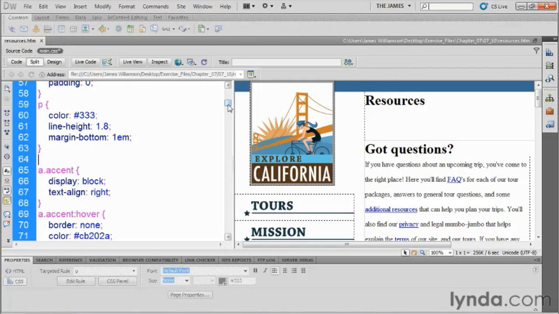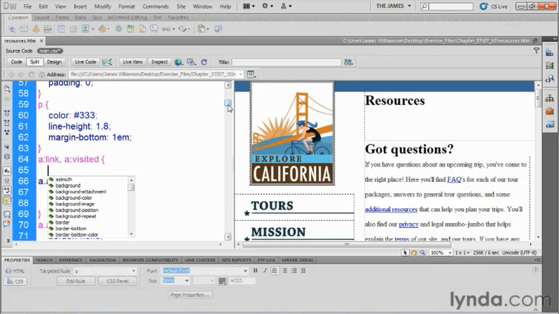So right underneath your paragraph rule, I want you to type in A colon, so no space here, just A and a colon, and then the word link. Then comma, A colon visited. Now, what are we doing there? Well, we're making sure that our active links and our visited links look exactly the same. Normally with a link, if you click on it and you go back to that page again, instead of an underlined blue text, you see sort of that purple text indicating that you've been there before. Well, for our site, we don't want to show anything visually different for visited links, so we're just going to group those two together. Once again, I'm going to open our curly brace,